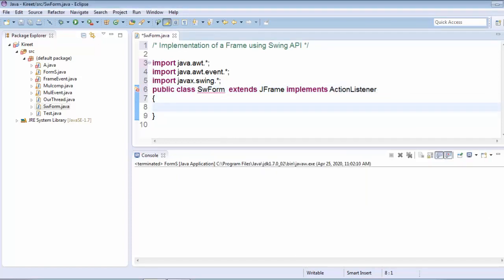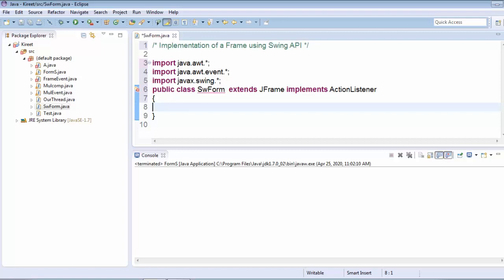Now we'll create the components. What are the components? We have to create the labels, the text fields and the button. As in AWT Button is a class, here the class is JButton. As in AWT Label is a class, the class in Swing is JLabel. So there is a prefix J that is added before the class name.